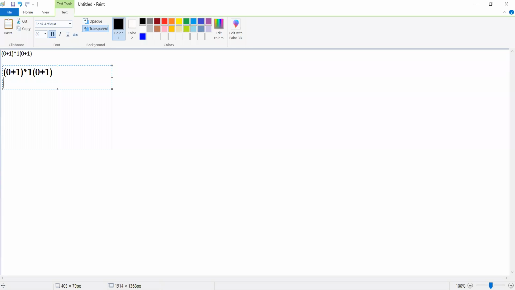So initially we try to construct 0+1. That is our first step. Then the second step is to construct (0+1)*. The third is to construct (0+1)* into 1. As a fourth step, we construct (0+1)* 1 into (0+1), because we already have this one, you can see here.